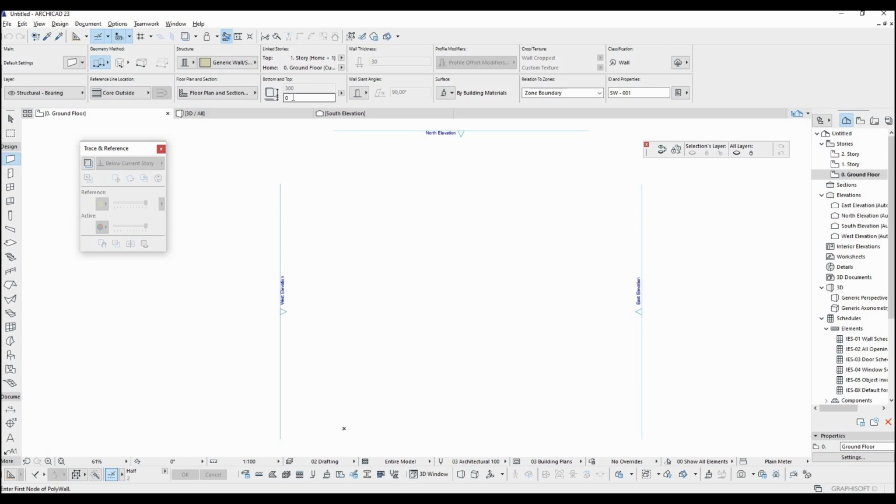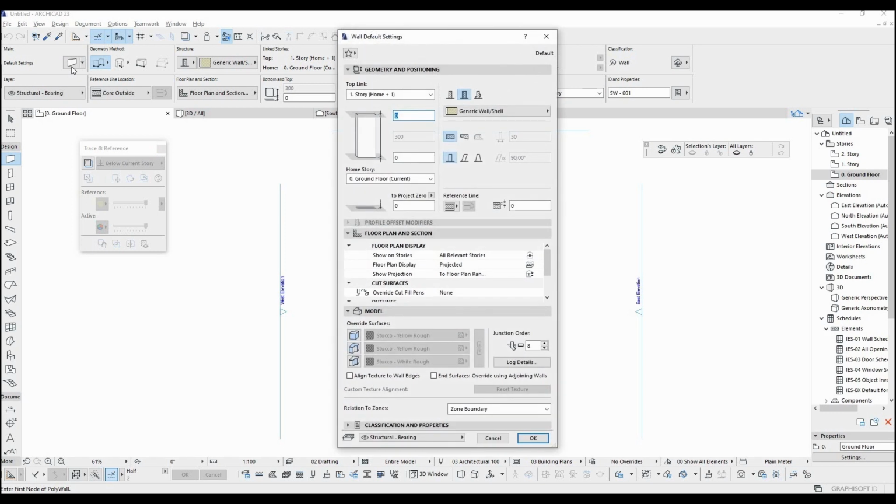By this box, we can change the elevation. And this box, we can change the height. If we click this button, we can see additional options: top offset and home offset, and height and home offset. And here we can reach these options too, as well as any other options and properties.